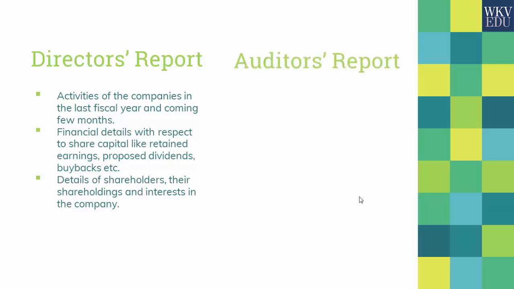Auditor's report. Now, who is an auditor? An auditor is a professional who gives his or her opinion on the financial statements prepared by the management of the company. Now, remember that the shareholders and the management, especially in big companies, would be different from one another. So there will be a divorce between the ownership and management of the firm. This gives rise to something called the principal agency problem, where the management might have different interests which are not aligned to the best interests of the firm.